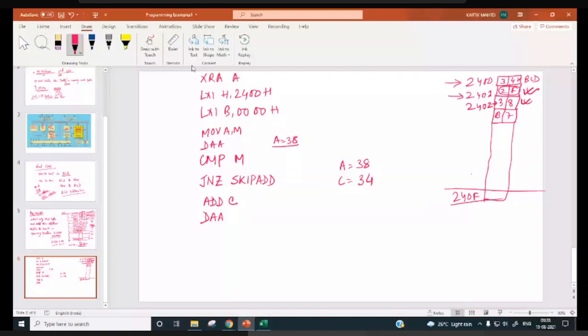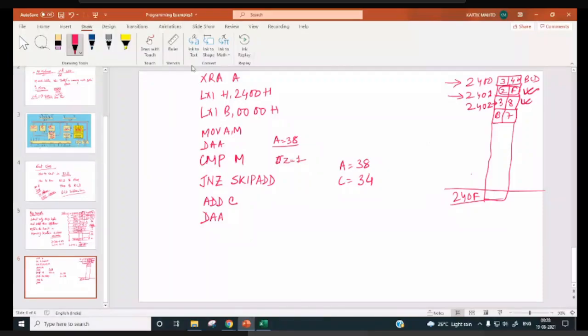One thing you need to note down in compare instruction, subtraction is performed, but the result is not stored back in the accumulator. But according to subtraction, result flags are affected. So zero flag will be set.